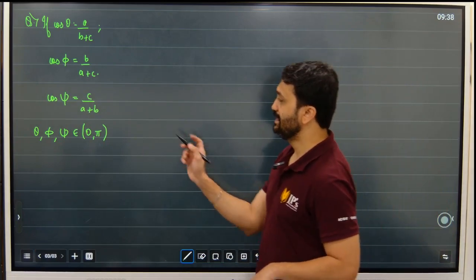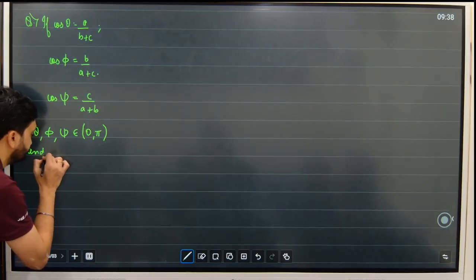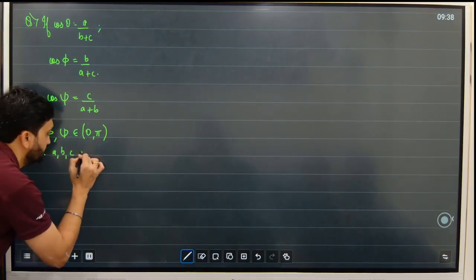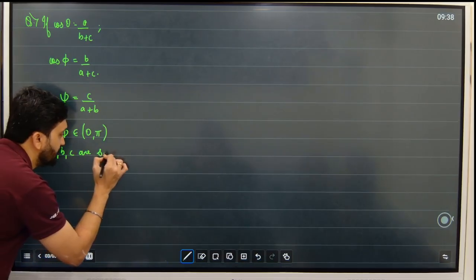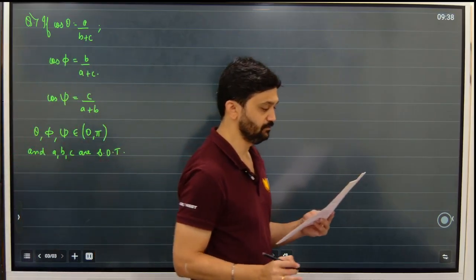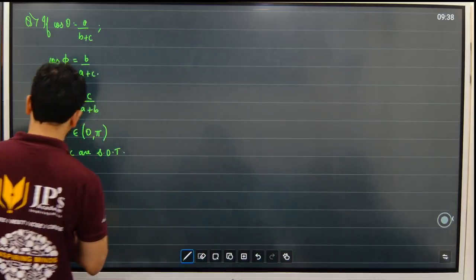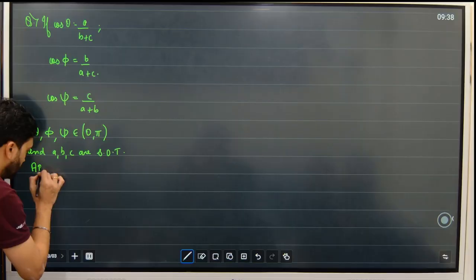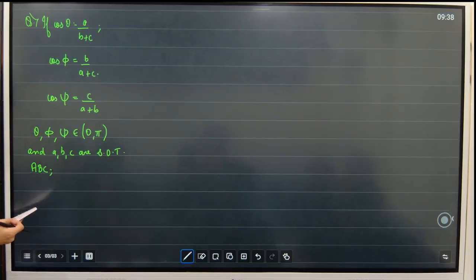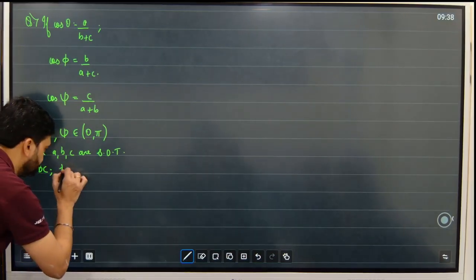And A, B, C are the sides of a triangle. Okay, triangle obviously triangle ABC. Do one thing, write down sides of triangle ABC, so that there is no confusion. Sides of triangle ABC. Then find the value of,